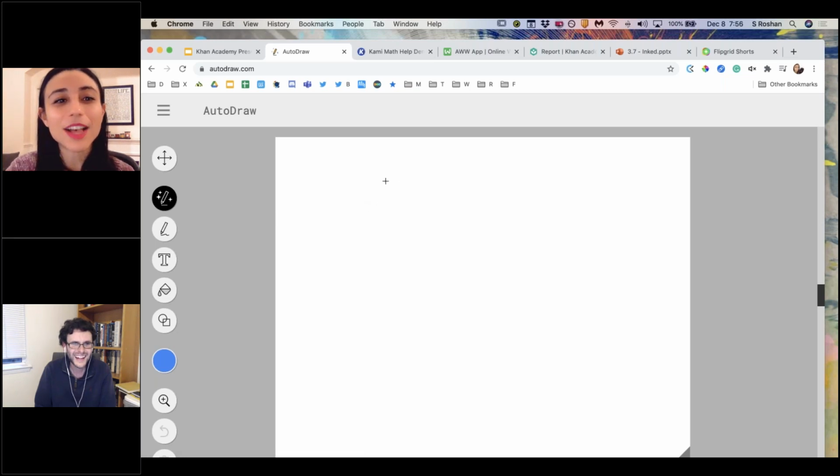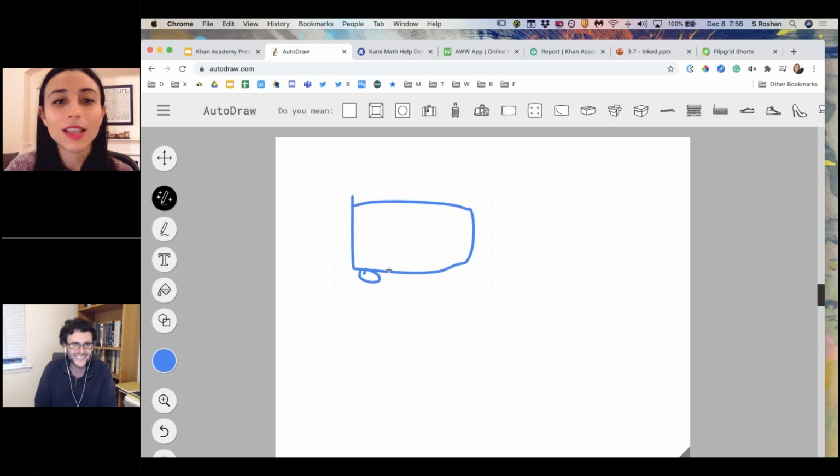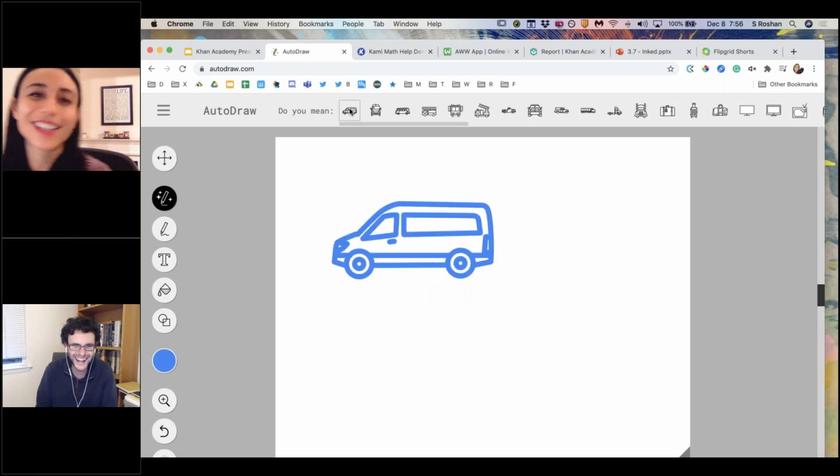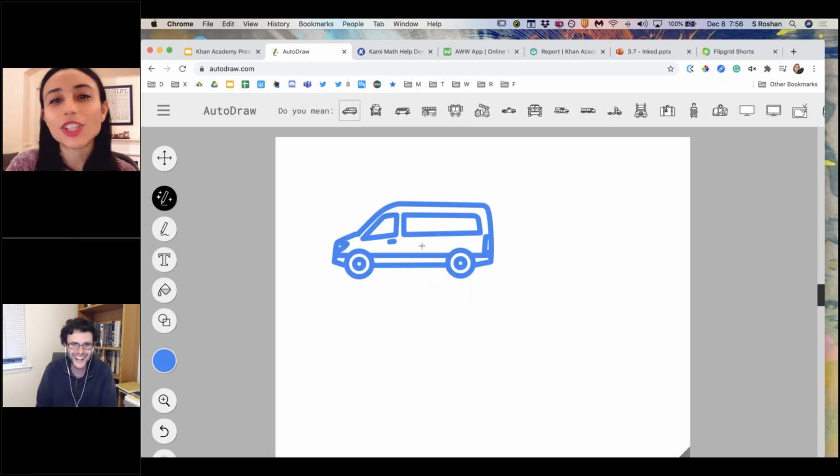I don't use it in my math class, but it recognizes what you're doing. So if I start drawing something, it will recognize it. So I can have a terrible drawing and be like, oh yeah, I was trying to draw a van.